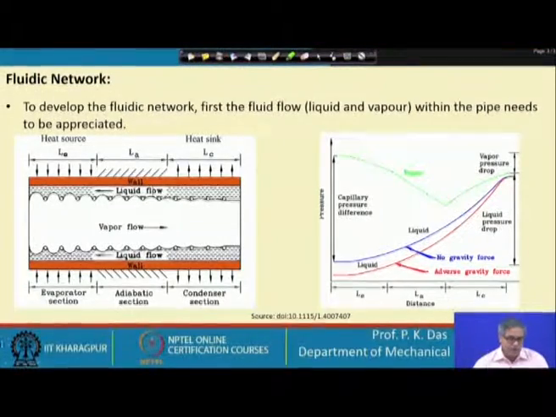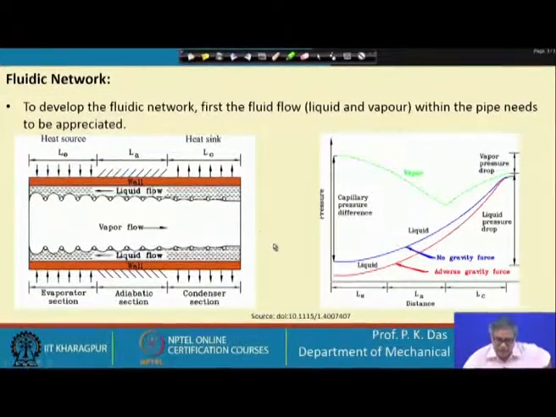So, this I have told, again I will repeat that here we can see the meniscus is formed, curved meniscus is formed. So, there is a pressure difference between liquid phase and vapor phase, and this meniscus is not uniform all through. So, there is a change in the meniscus shape in the axial direction. So, this will give rise to some sort of a capillary pressure, and this capillary pressure will give rise to the driving action. So, let us see the next diagram.